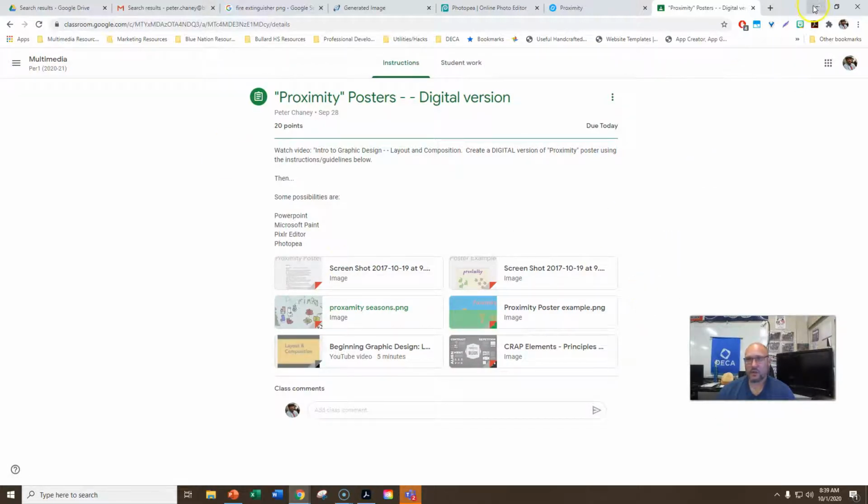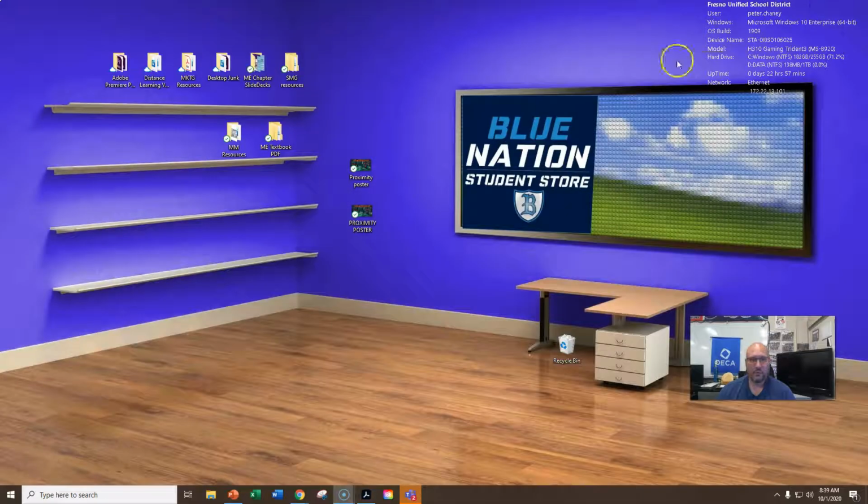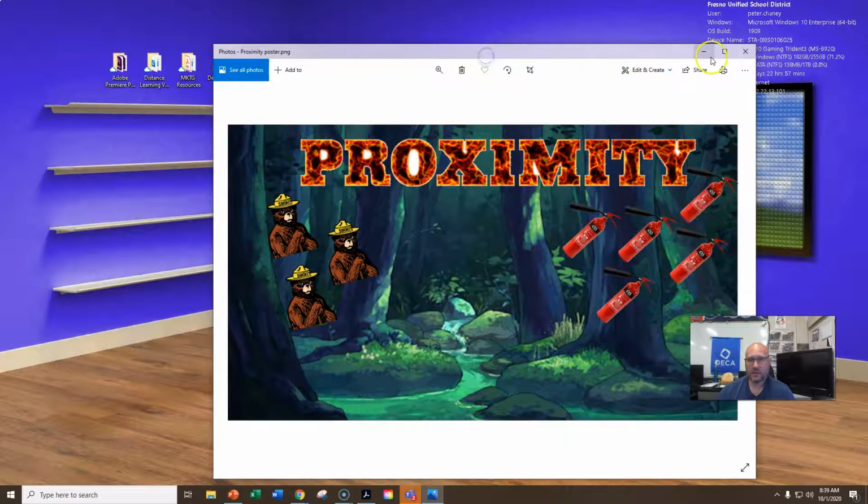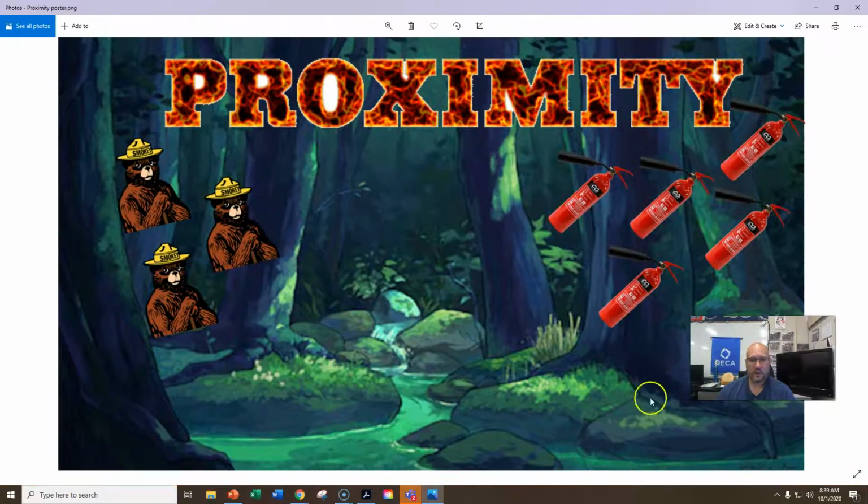Well, let me show you the finished products first. I wanted to put some movement into it, so I've made one that's still, and I've made one that used animated GIFs. This one right here just shows the still version of it. So I used a forest scene, and I went to cooltext.com and I made "proximity" with cool molten fire, and I've got Smokey the Bear over here that's making sure the forest doesn't go on fire, and I've got